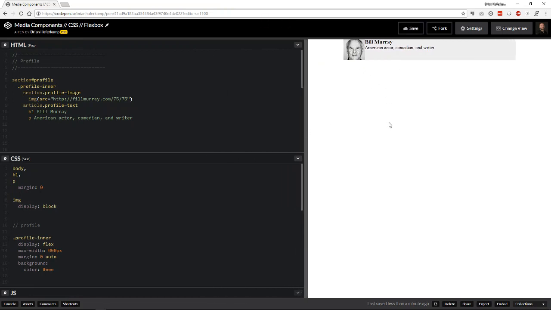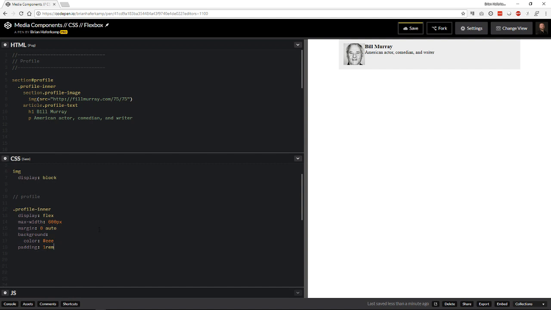So we have our media element here. It's looking pretty good actually right now, and what I'm going to do is add a little bit of padding just to get it off of the gray area. So you can see it kind of gets everything away from the edge. That wasn't the look I was going for. And I really want this to be a circle, and so I would say profile image, and then the image, and then we say border